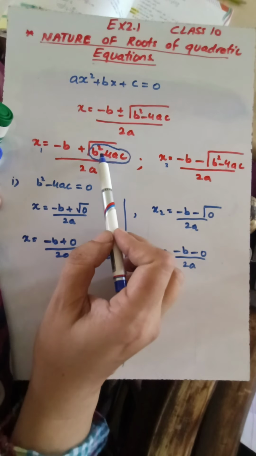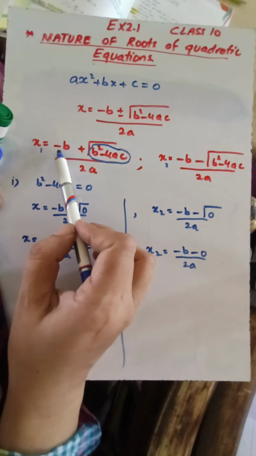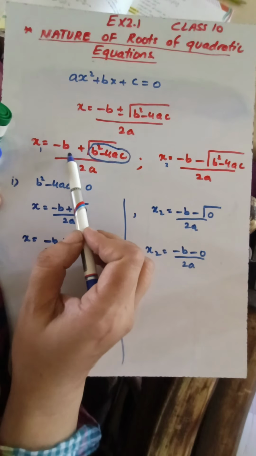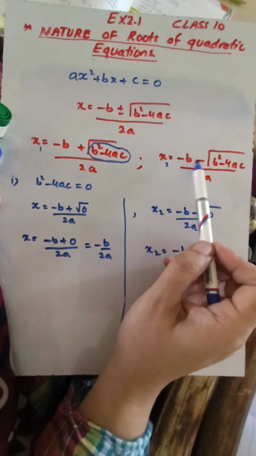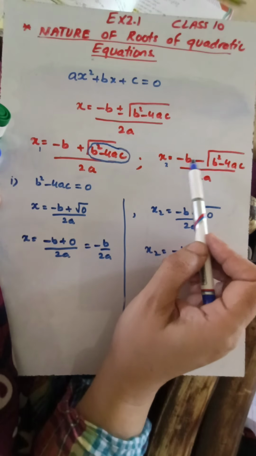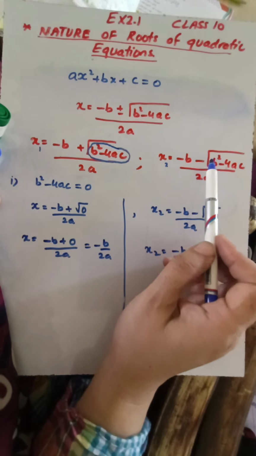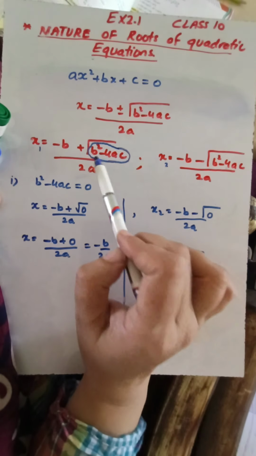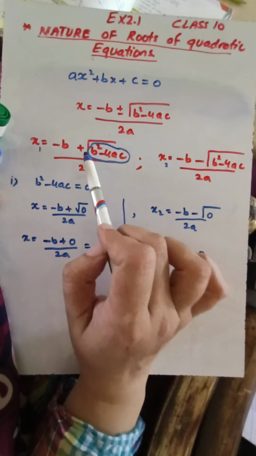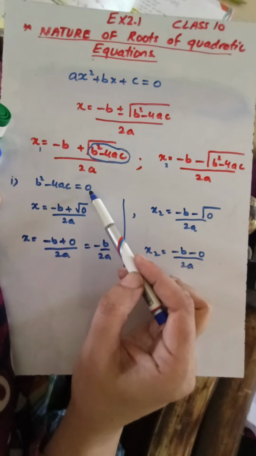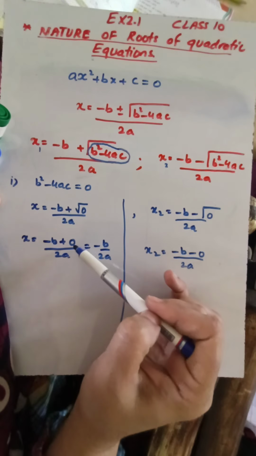And if it is non-zero, then it will definitely affect, because if some non-zero number is added to negative b, then it will give us some other answer, and if the same non-zero number is subtracted from negative b, it will give us an answer which will be different from this. So if b square minus 4ac is not equal to 0, then we are going to get two different roots. But in this case, as b square minus 4ac is equal to 0 and root of 0 is also 0,